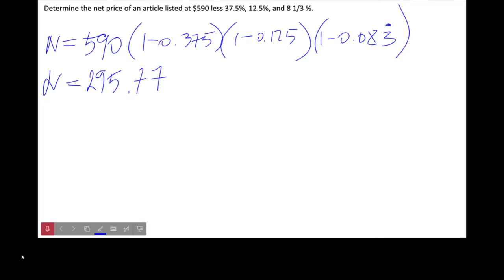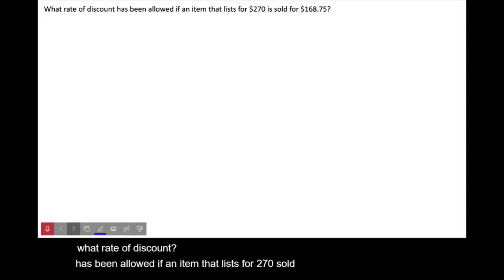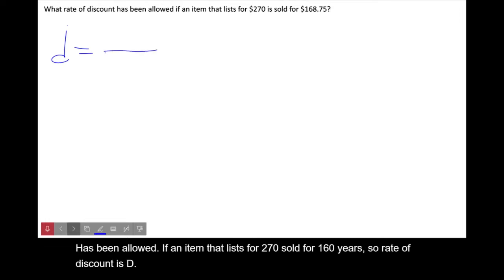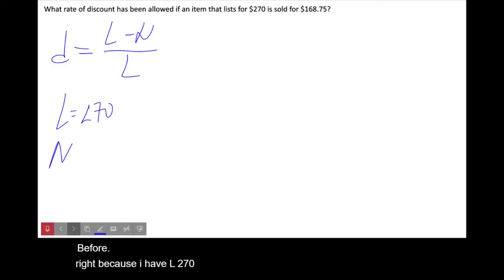Okay, next. What rate of discount has been allowed if an item that lists for 270 sold for 168? So rate of discount is D, and solve for it. Basically that's the formula, right? Because I have L 270, I have N